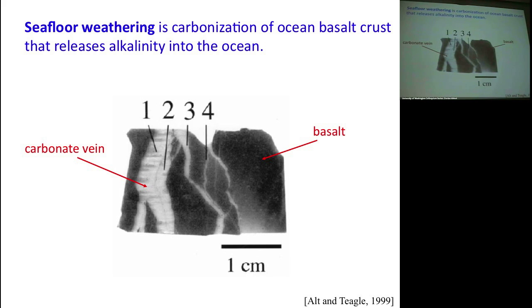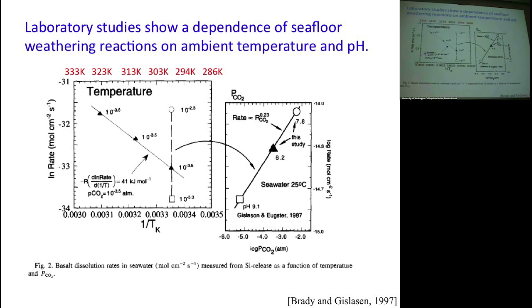And if you look at these reactions in the laboratory, and you crush up a bunch of basalt and react it with seawater at different temperatures and, in this case, different pH, which corresponds to changing the CO2, you see a strong function of temperature and pH. And so, in theory, you could build a negative feedback on climate based on that. The temperature could increase the ocean water temperature, increase the bottom of the ocean temperature, and eventually you could increase seafloor weathering and ameliorate the climate change that would result.